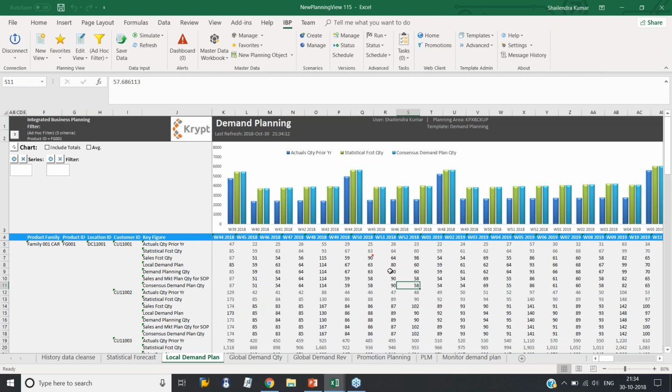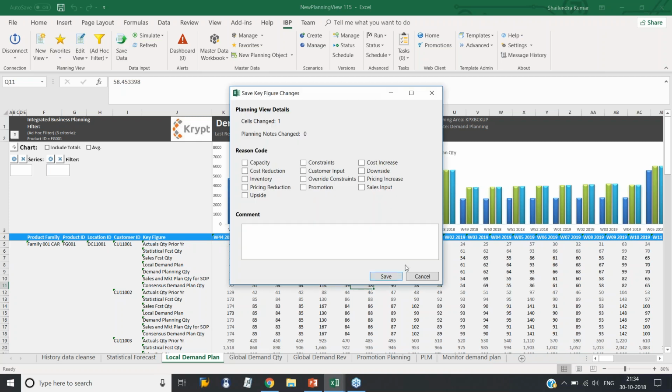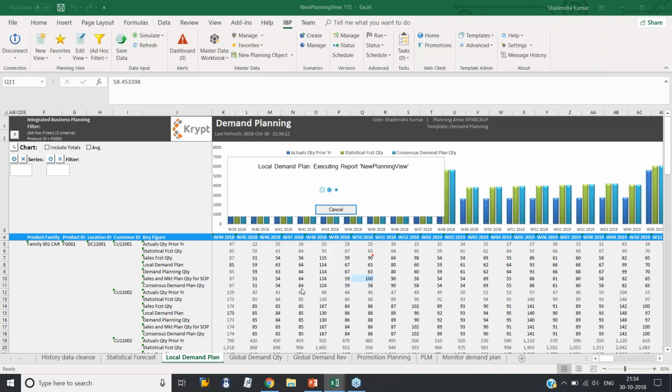So this is how you can share the information across the users. Now suppose the sales and the marketing people want to change this particular value. Let's say that sales people are pretty much sure of how much quantity they are able to sell. So let's give an example of 100. If they write it over here and save this data, this particular data will be copied to your consensus